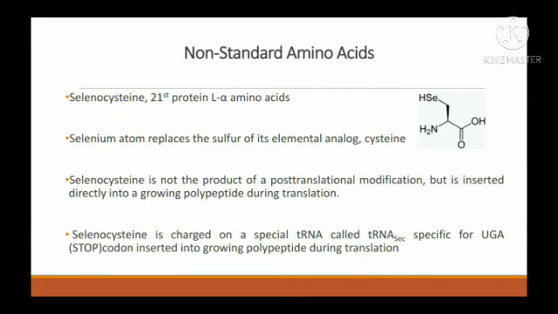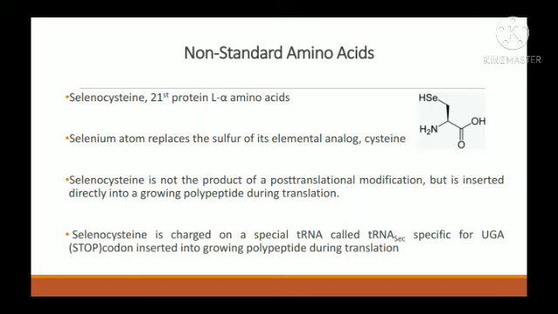So in nature, the 21st amino acid that is said to be non-standard is selenocysteine, because it is similar to cysteine, but the sulfur of cysteine is replaced by the selenium element. Next, selenocysteine is not a product of the general process of translation,